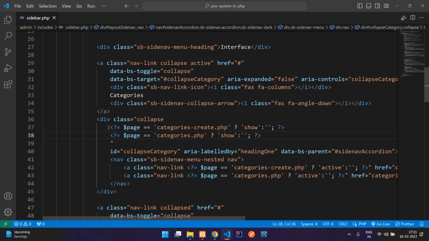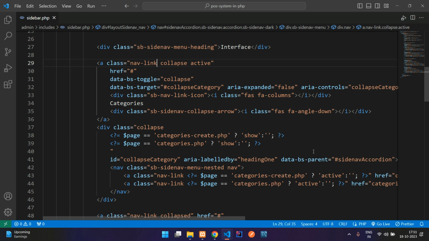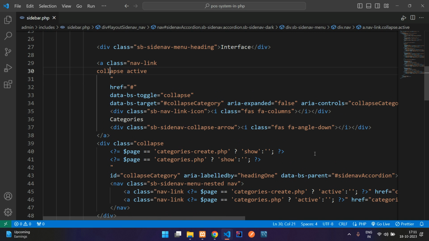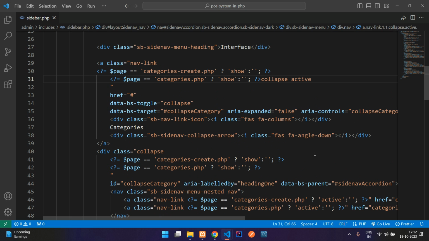Okay, so now when you are on the categories.php file, then you have to show. Okay, so two pages you have to view. And now guys, same code you have to just paste here. Let me break this down. And this is my nav link. Let me break this down. So this is my double quotes, and paste here. Okay,